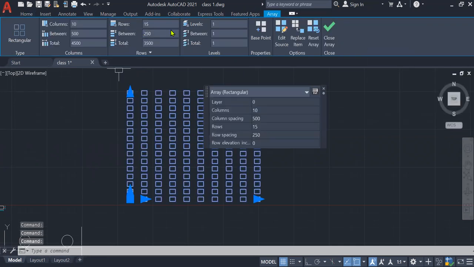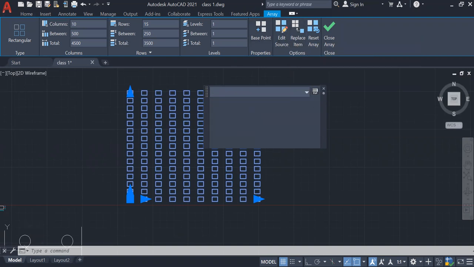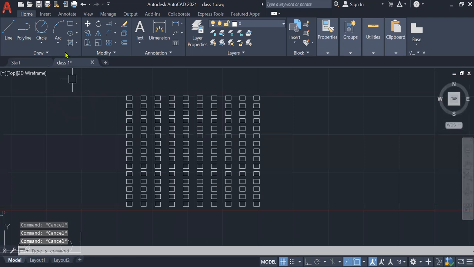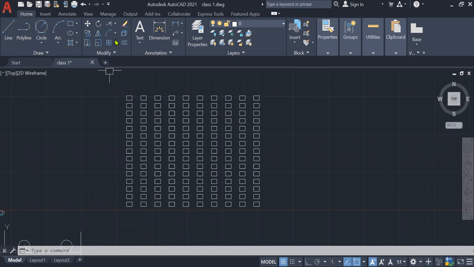Okay, if you want to change, you can change that one. So here there are different edit options, base point options, replace options, that we can see whenever it is required. Once you understand this particular object, you can do that one by yourself also. It is very easy. So these are the most important commands which we use in the